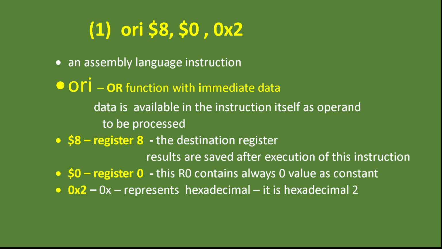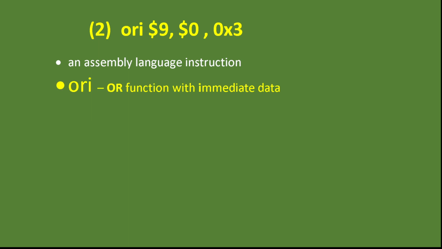Then 0x2: this 0x symbol indicates a hexadecimal value. So we have given hexadecimal data, hexadecimal 2. This is an immediate data 2. Now we move on to the explanation for the second instruction. It is ori $9, $0, 0x3. Already we know that this ORI is an assembly language instruction or a statement, and it is executable